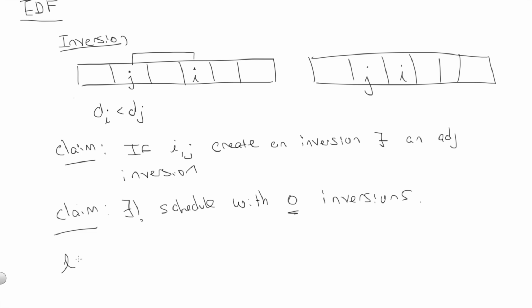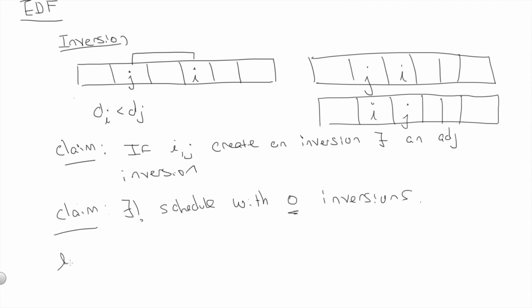Well, we can say that the lateness. The first thing to prove is that by moving I, let's create a new schedule, which is the schedule that we hope to achieve. We want this. By moving I earlier, it's kind of obvious that that's not going to affect I's lateness, right? Because we started I earlier and we're finishing I earlier. So I is not going to grow. But by moving J later, maybe J would grow. So we need to show that the lateness of J